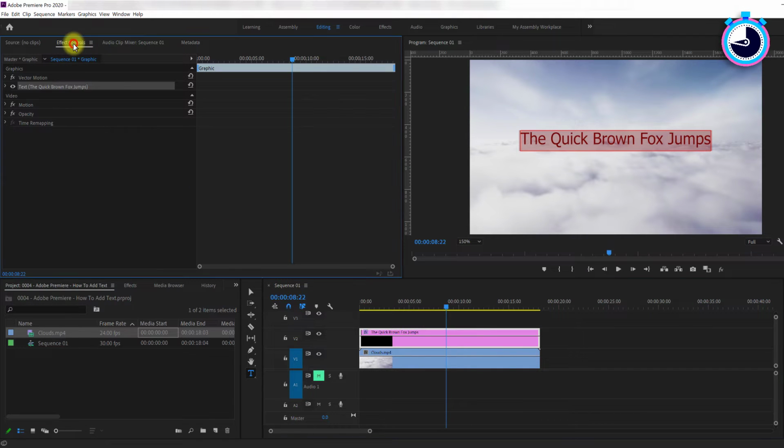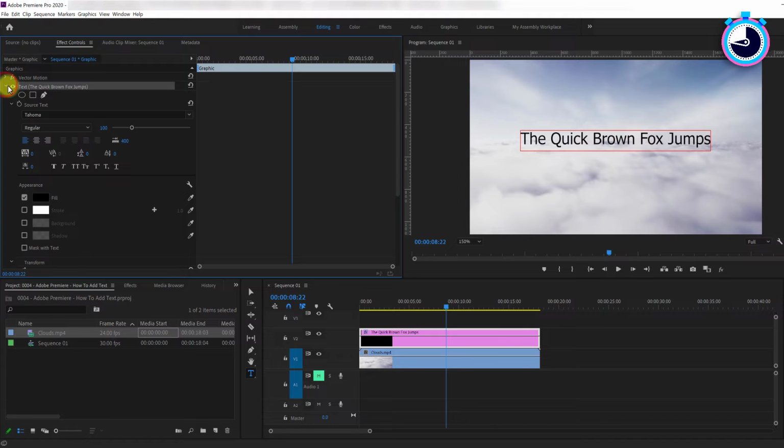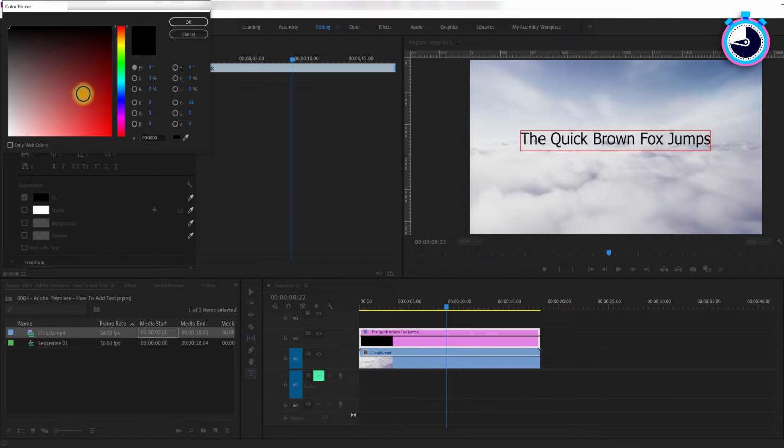Now, to change your text's properties, like font or color, select your text sequence on the timeline and go over to Effect Controls. Under Text, you can adjust properties like font, its size, and style. Under Appearance, you can modify the color of your text by clicking on the box next to Fill and choosing